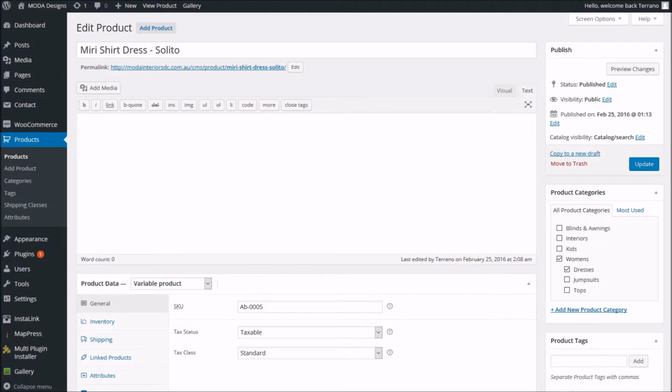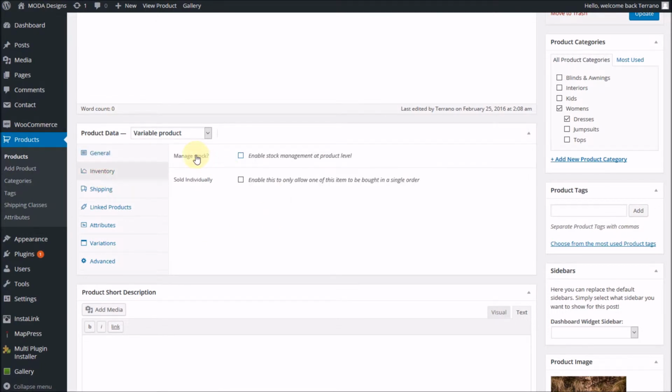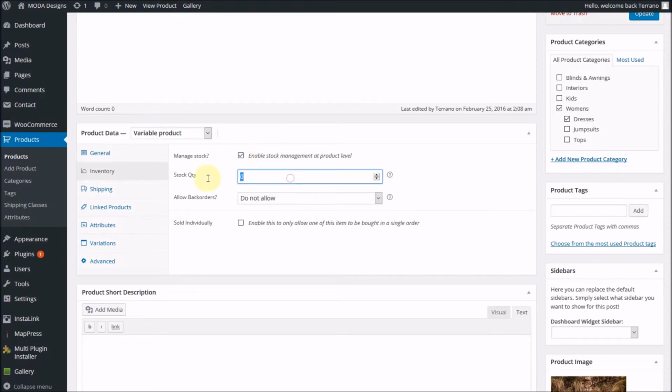Okay, we're looking at this dress here, and to manage the inventory for this one individual product, we go down to the next section in our product editing screen, and you'll see there's a number of tabs down the left hand side. I'm going to click on inventory. And do I want to manage the stock? Yes, I do with this particular product, so I click here. How many do I have in stock? I'm going to say that I have 20 of these shirts